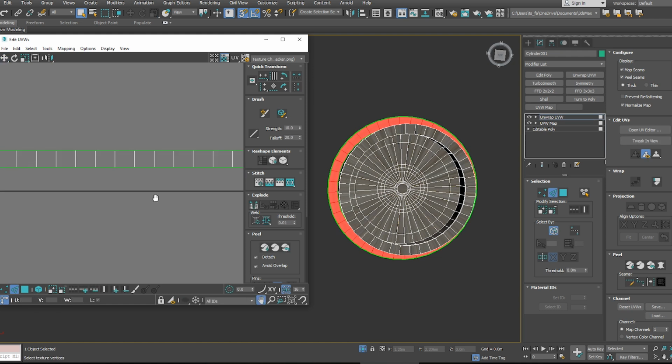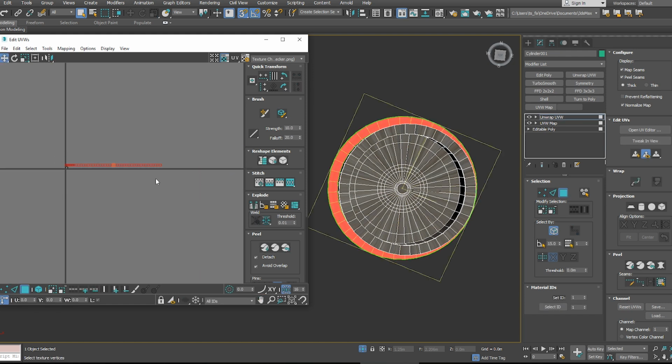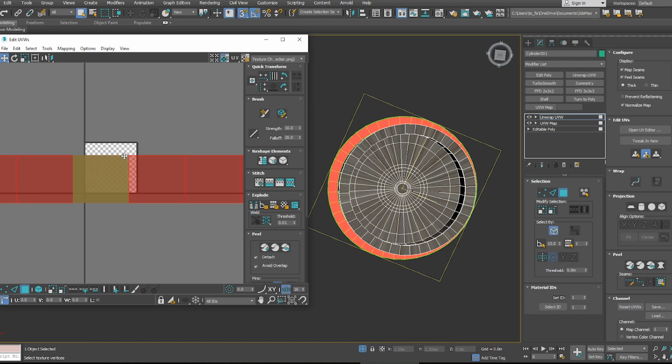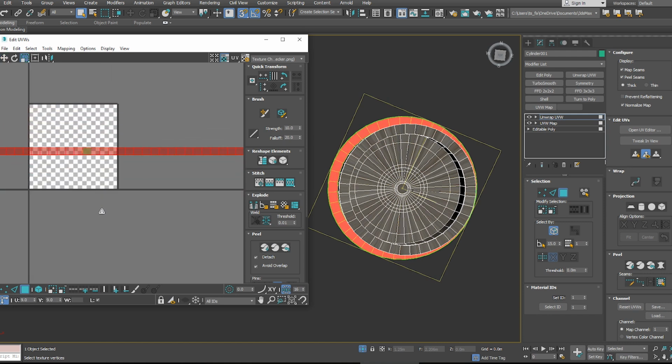So I'm just going to restitch that. So basically, there we go. That's a nice, easy way to strip things out. It can be, like I said, a little bit time consuming based on how many segments your meshes have. But what we're going to do is